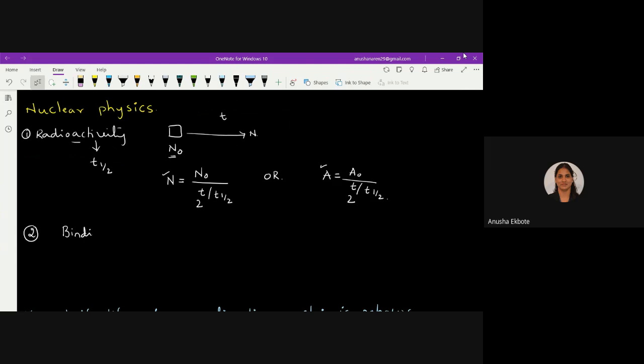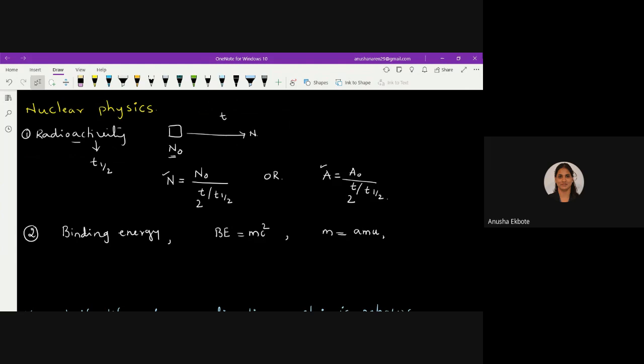There is one more equation which you have learnt in nuclear physics regarding binding energy, right? Binding energy is the energy required to bind the nucleons in the nucleus. We understand that this binding energy is equal to mass into c square. This is the famous Einstein equation. The mass of the nucleons in nuclear physics is very small. It is measured in terms of AMU.